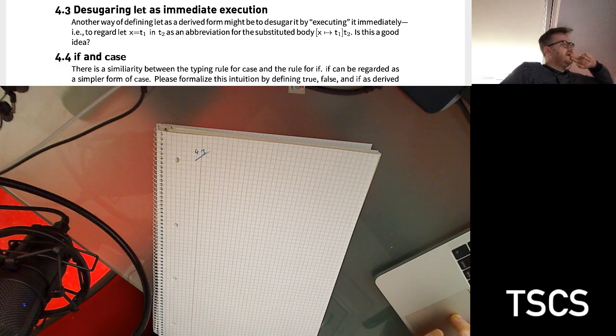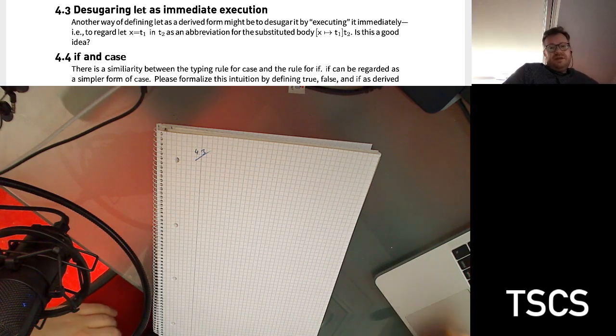Hope you all did that exercise because it's a really good exercise. So the thing is, this definition doesn't work very well. Yeah? It changes the order of evaluation. So if you recall,